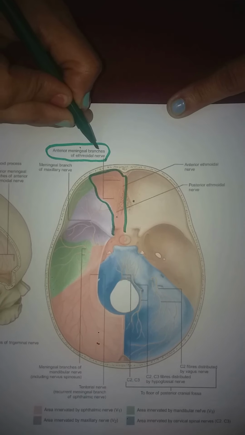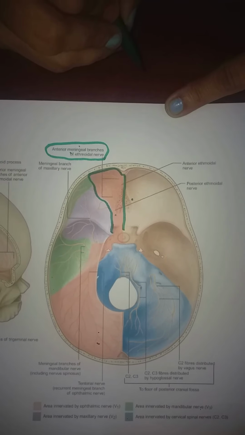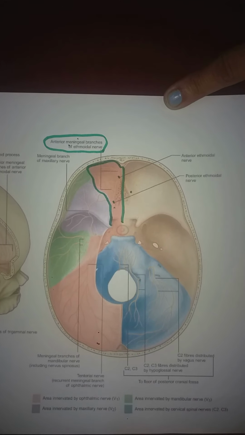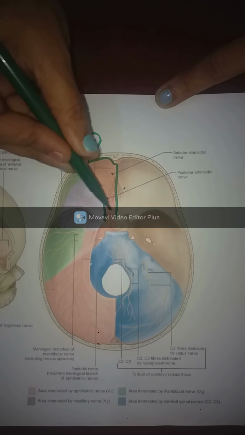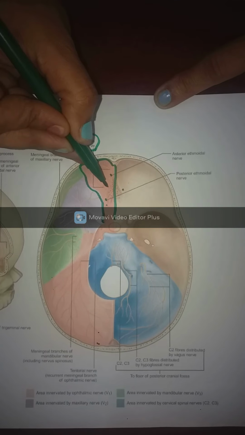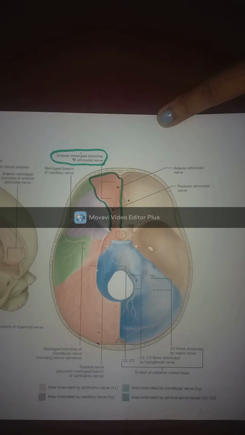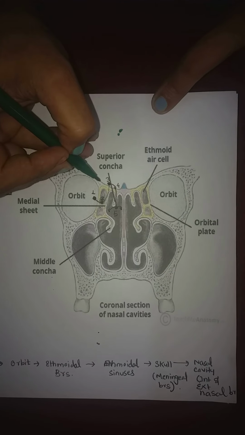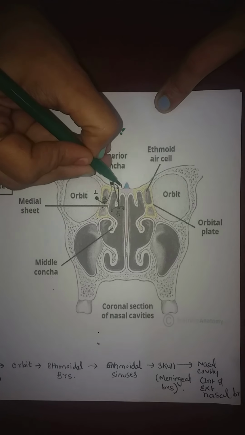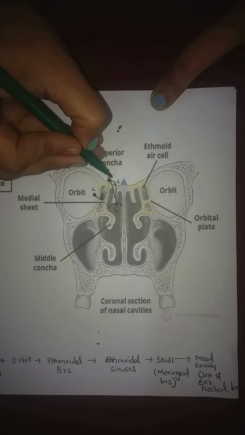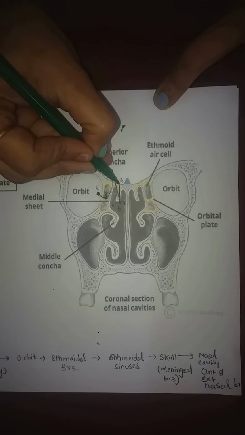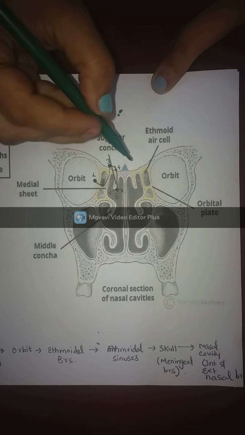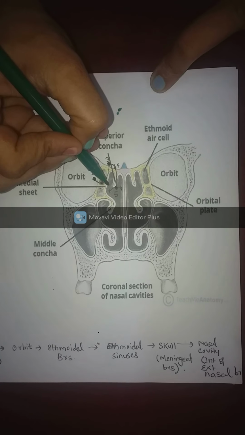Anterior meningeal branches of ethmoidal nerve, anterior ethmoidal nerve, posterior ethmoidal nerve. Okay, so it will give the meningeal branches here as it passes through the cribriform plate. Go back to the third halt. The purpose is over. Meningeal branches have been given, and again it will go out of the skull. Purpose is over. Again it will pierce the cribriform plate, and where it will land, the fifth destination, it will land into the nasal cavity.